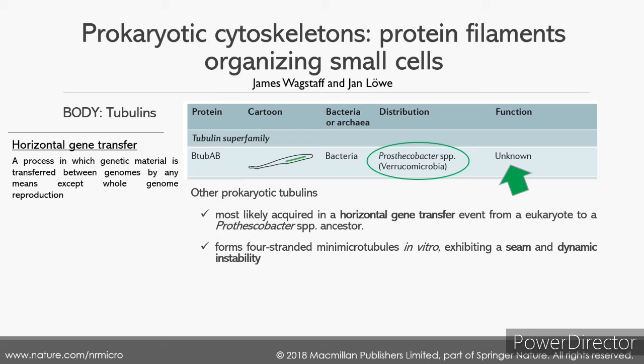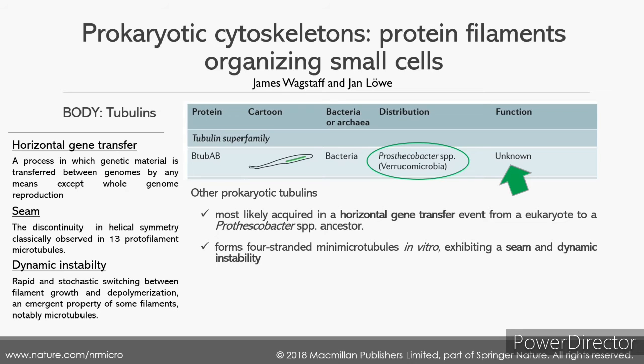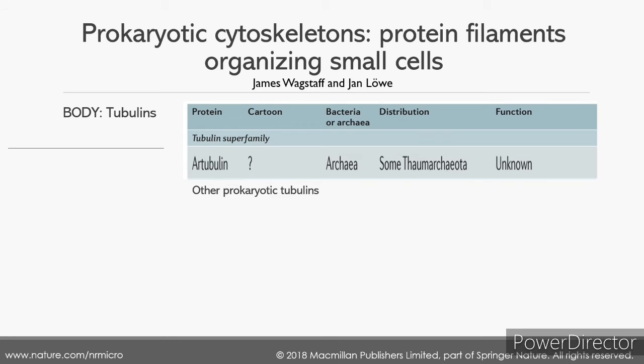It forms four-stranded mini microtubules in vitro, exhibiting a seam and dynamic instability, which are two hallmarks of eukaryotic microtubules. Some members of the Thaumarchaeota within the archaeal TACK superphylum encode a eukaryotic gamma-tubulin-like protein called R-tubulin. It isn't clear whether R-tubulins are the product of a horizontal gene transfer event or represent a vertically inherited ortholog